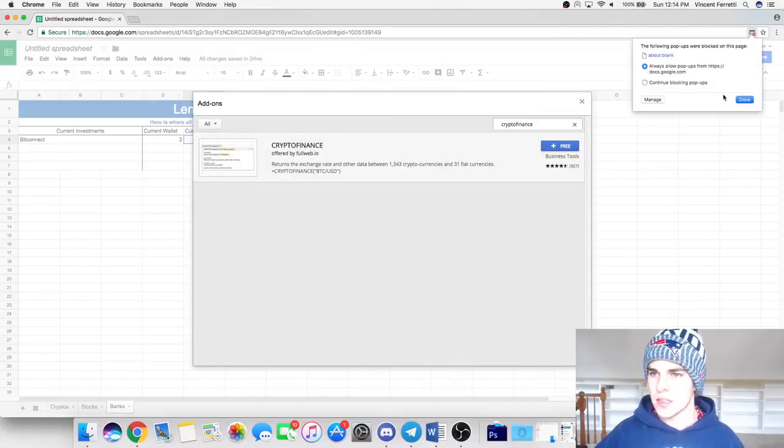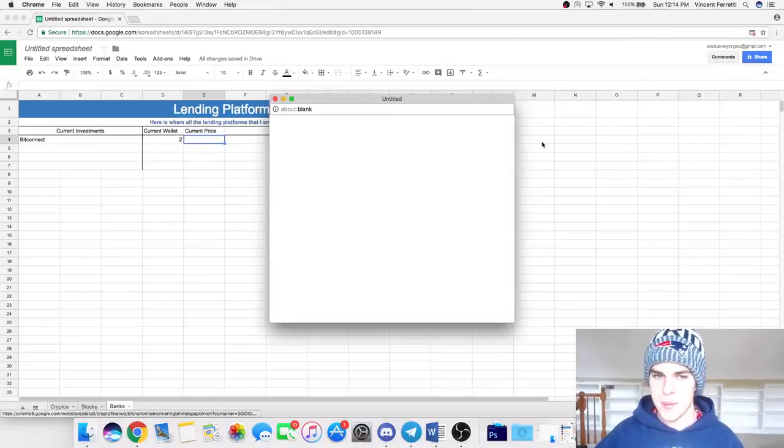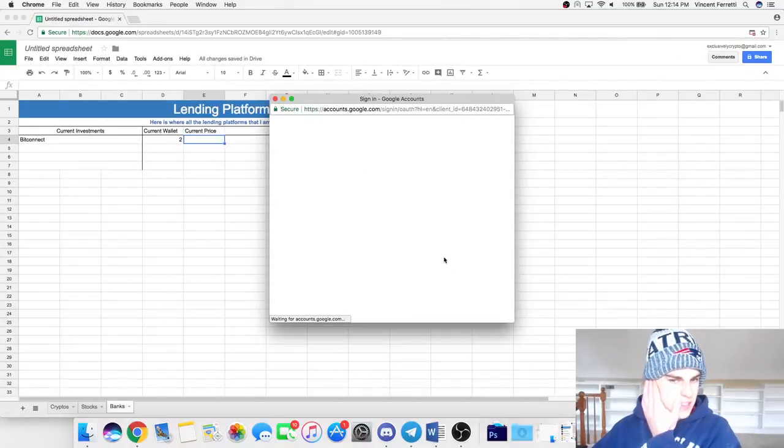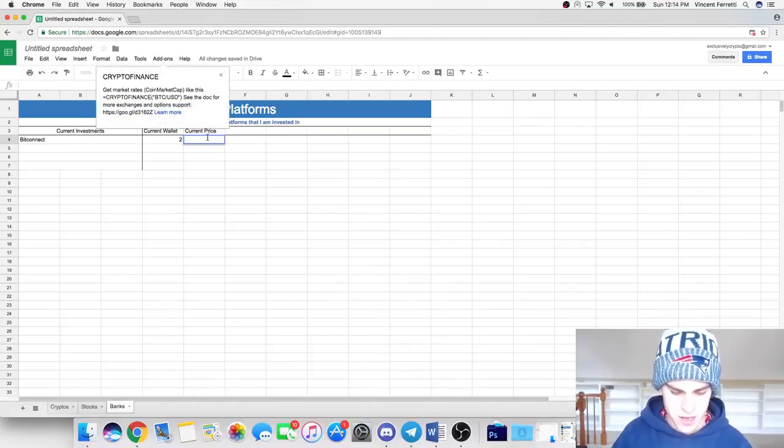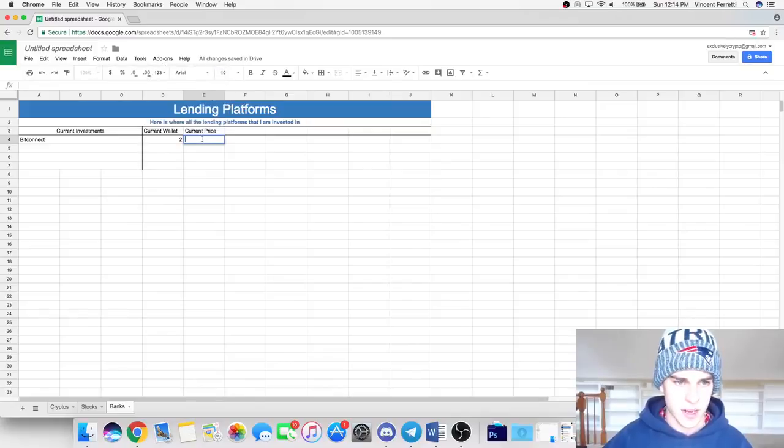I'm actually going to allow it so we can download this pop-up. And then it's going to sign in. Obviously you sign into the account, and here you go. So it's on now, and you can do equals Crypto Finance. As you can see, it says right there, Crypto Finance. So you can do equals Crypto Finance, and then you can do BCC